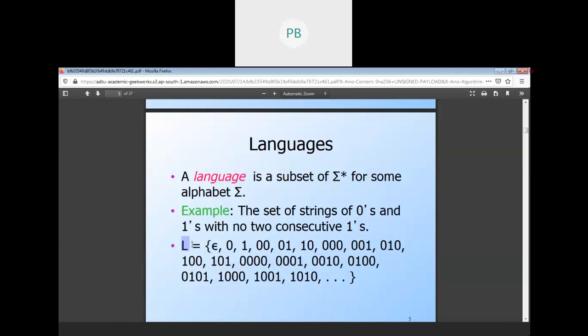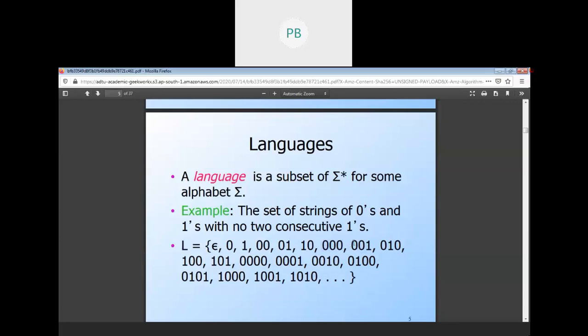We can create a string using the single symbol 0, or the single symbol 1, then 0 0. We can use two zeros because there is no such restriction. We cannot use two ones consecutively. That's why 1 0, then 0 0, then 0 0 0, then 0 1 0.